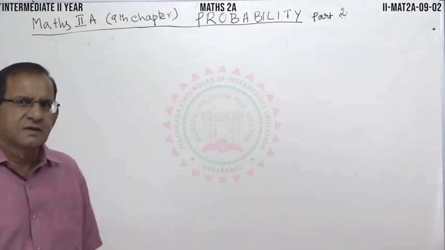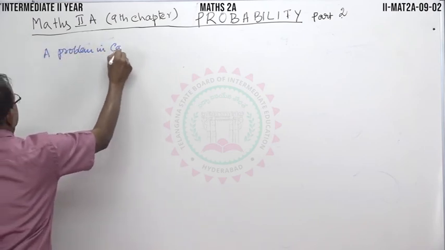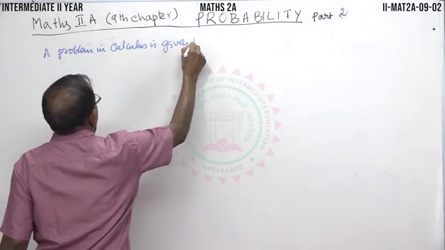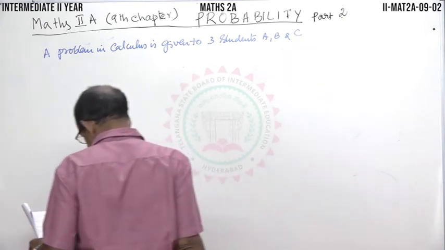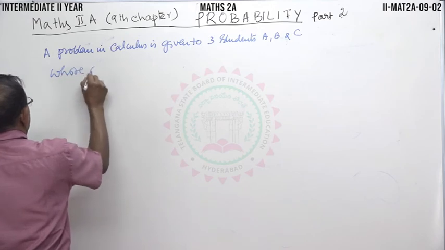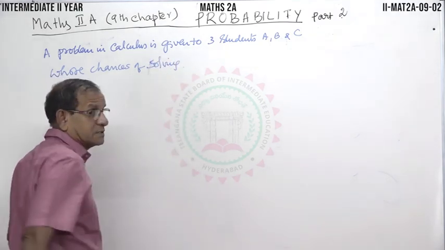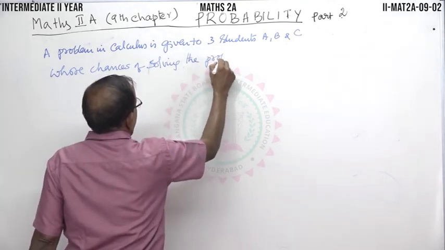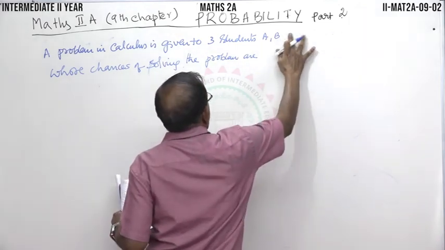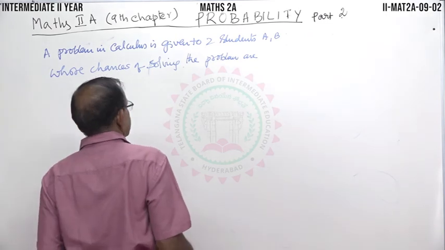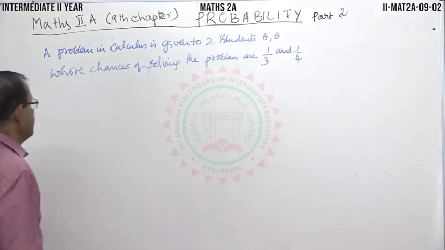I will give another example. Suppose a problem in calculus is given to 2 students A and B, whose chances of solving the problem are 1 by 3 and 1 by 4. Now if they try independently,